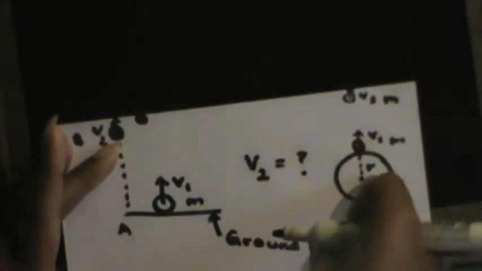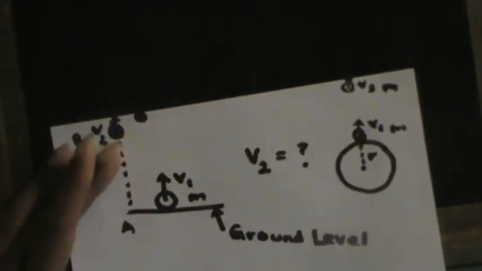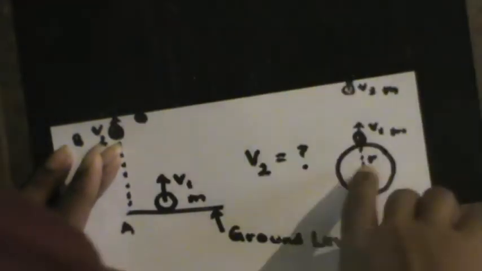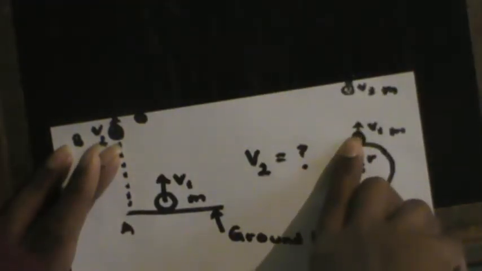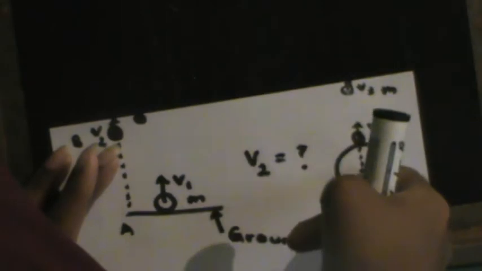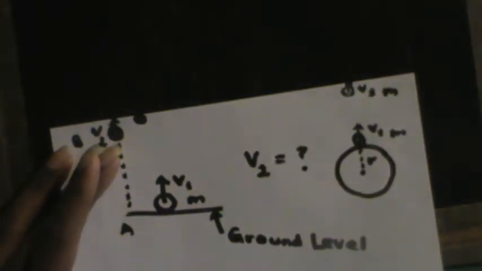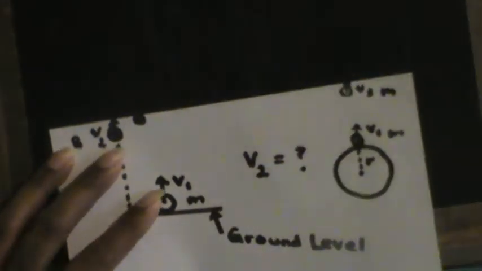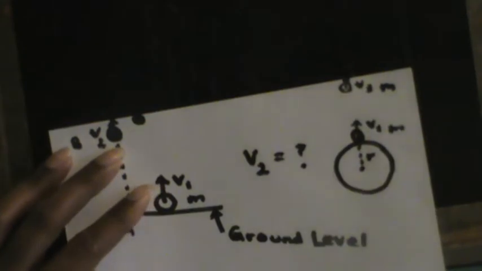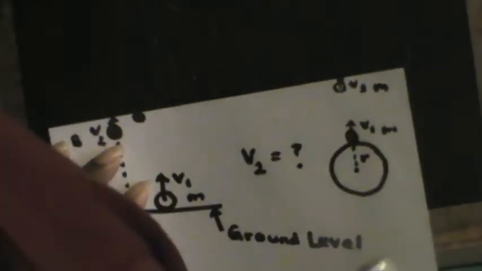So the distance between the center of the earth and this object, if you think this object to be of minimal radius, you don't need to take the radius of this object. So you can take that the distance between the center of mass of the earth and the center of mass of the small object is equal to the radius of the earth. So that is equal to r. So the potential energy is actually, sorry, this is minus mgr, right?